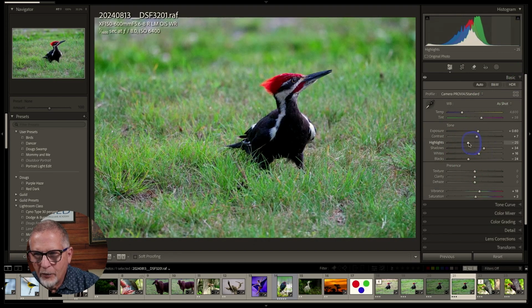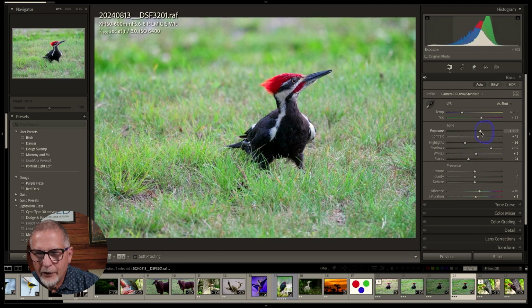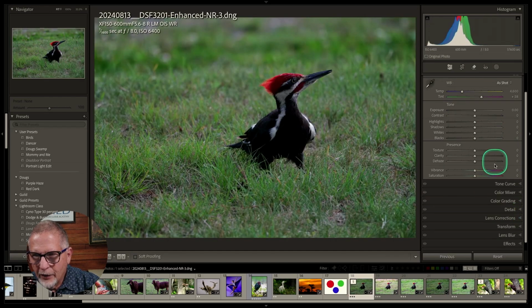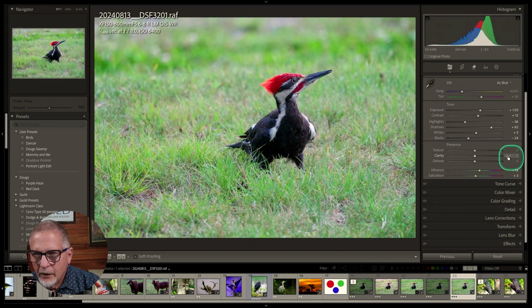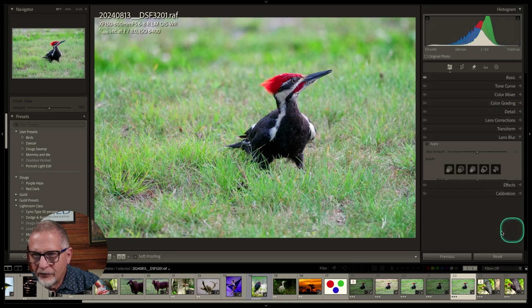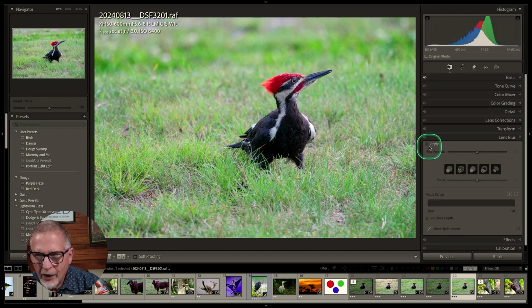I'm going to pull back my whites a little bit. I'm going to open up my shadows, give it a little more contrast, a little more lightness here. And now, without going into the detail and everything else, let's look at our lens blur in Lightroom. So if I apply lens blur here,